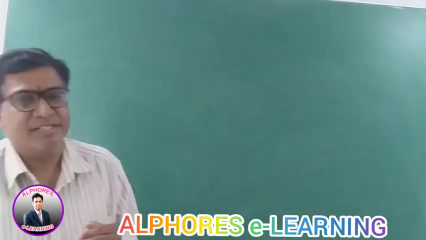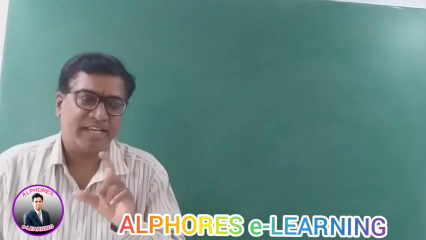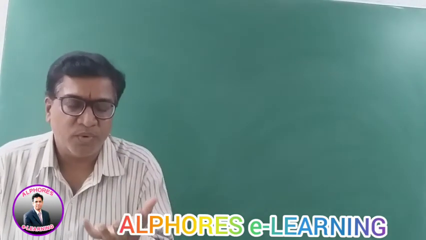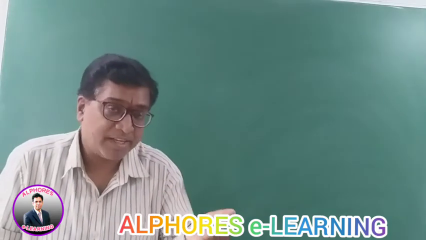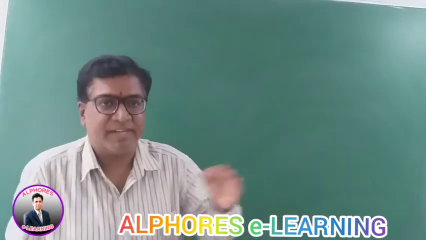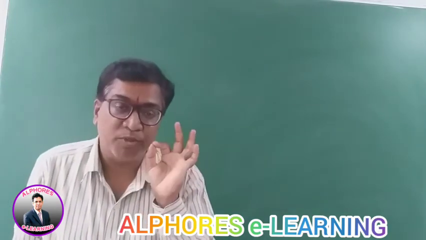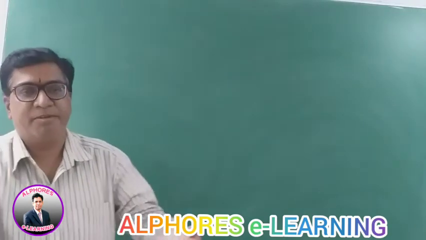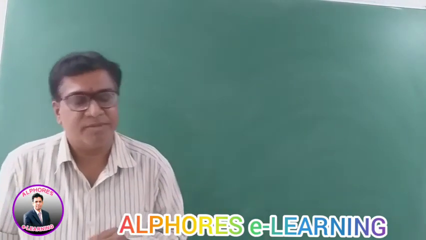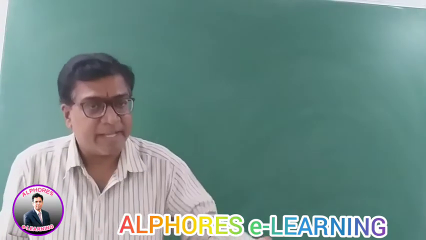So I was telling you, physical quantities are of two types, scalars, vectors. Scalars are physical quantities with only magnitude, no direction. Well, even if they have direction, they do not obey the laws of vectors. Vectors are physical quantities with both magnitude, direction and they obey the laws of vectors. Well, vectors, we have represented them by three methods. There are three methods of representation and we have taken the different types of vectors.